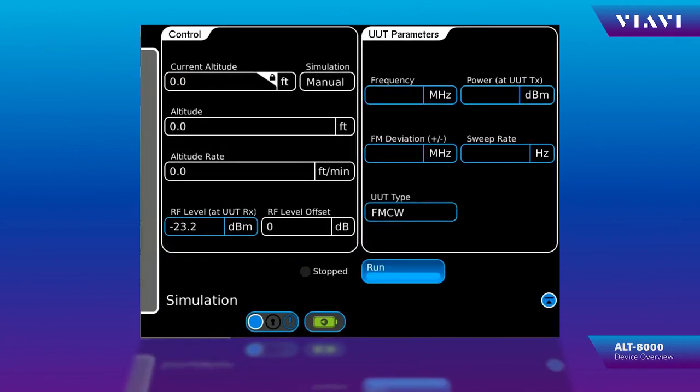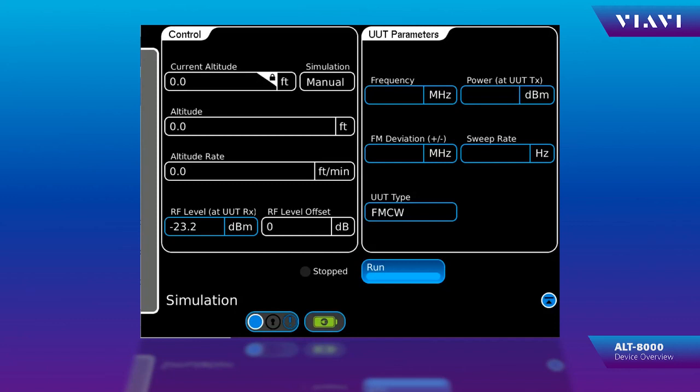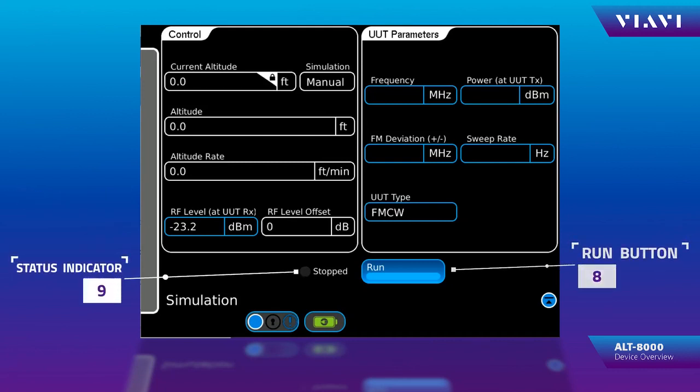On the simulation page, you have two sections, control and UT parameters. UT parameters is all the parametrics being measured from the transmitter under test. The control provides all the information back to the receiver under test to control the altitude rate, and the received power level. At the bottom of the page is the run button and the indicator to determine the status, whether